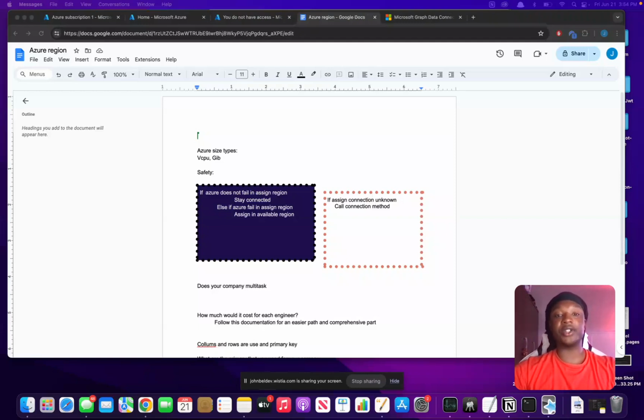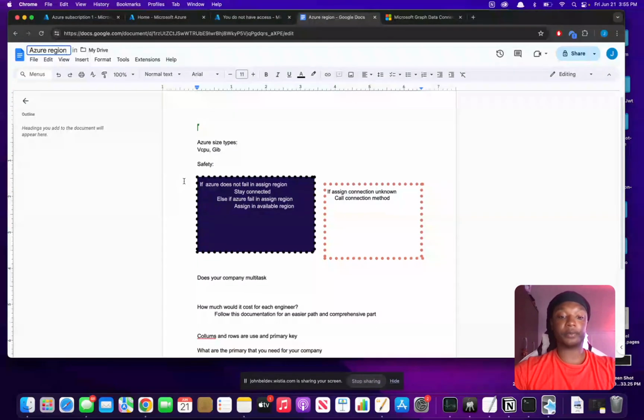I'm pretty new with Azure. Some of the options that Azure offers is the variety of regions. Now, I don't understand well how much safety there is when it comes to deploying on certain regions, such as whether or not your company multitasks. Some of the issues that may come about